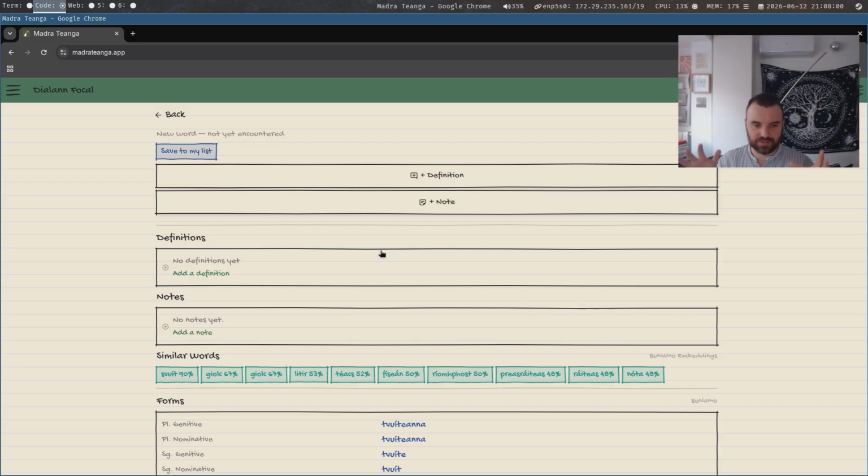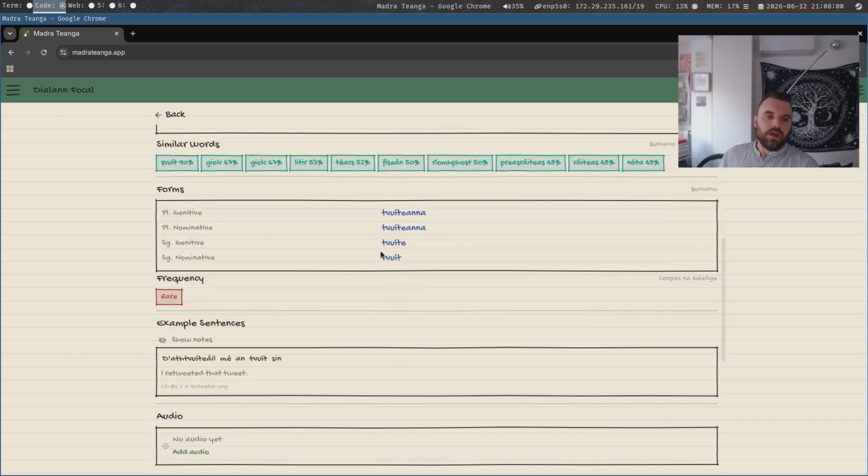Like, we want to have how is this spoken in a Gaeltacht? How is this spoken in a pop-up Gaeltacht? How is it spoken in a classroom? How is it spoken in the government office? You kind of want to have all of that present, so people can see it all. And then it shows you the forms and stuff.